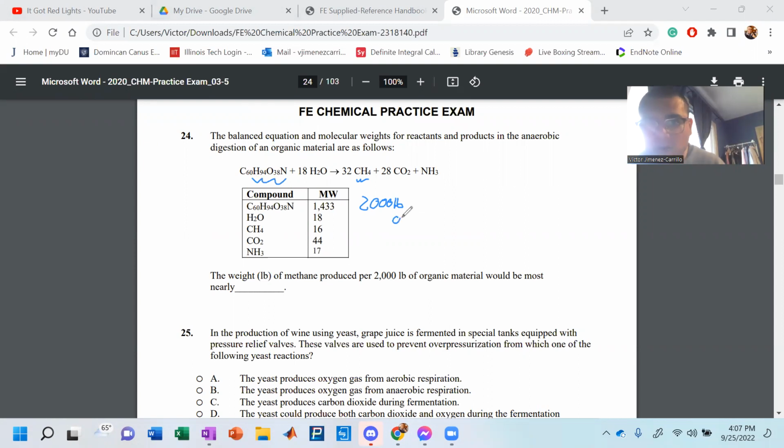There's 2,000 pounds of the organic material. First things first, you need to use the molecular formula. So for 1 pound mole of the organic material, you get 143 pounds. Now you need to turn the pound moles of the organic material into methane. So for 32 pound moles of methane,